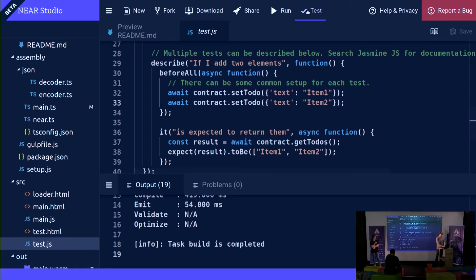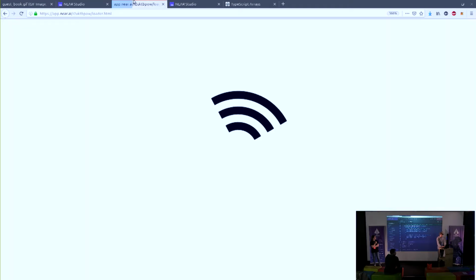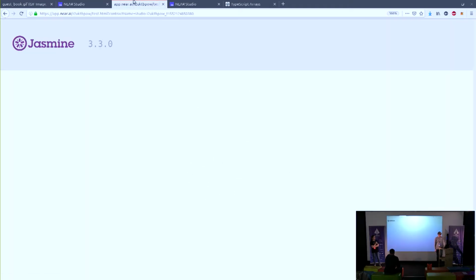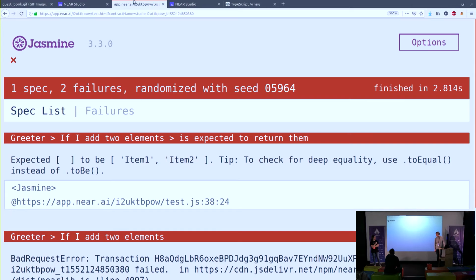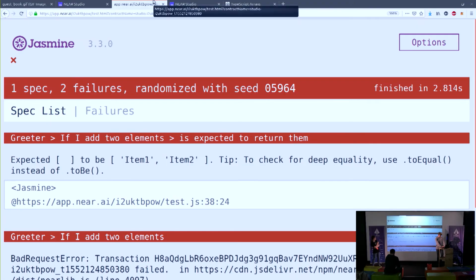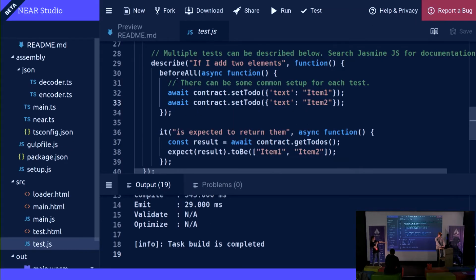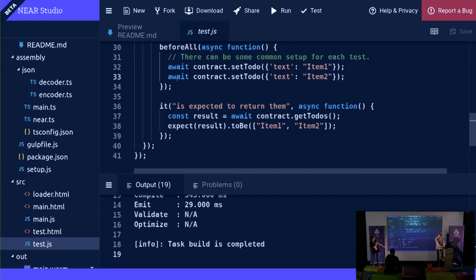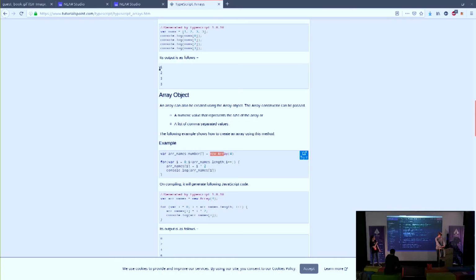Okay, let's test this. Did you do this on purpose? No, but this is not the first time I make this mistake. And it still doesn't work. Wait, you can actually read the error. Well, I see the error. It returns an empty thing, right?